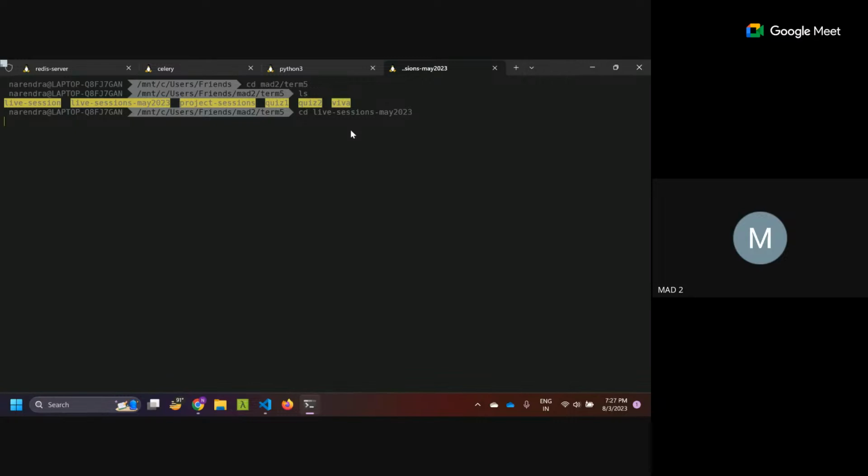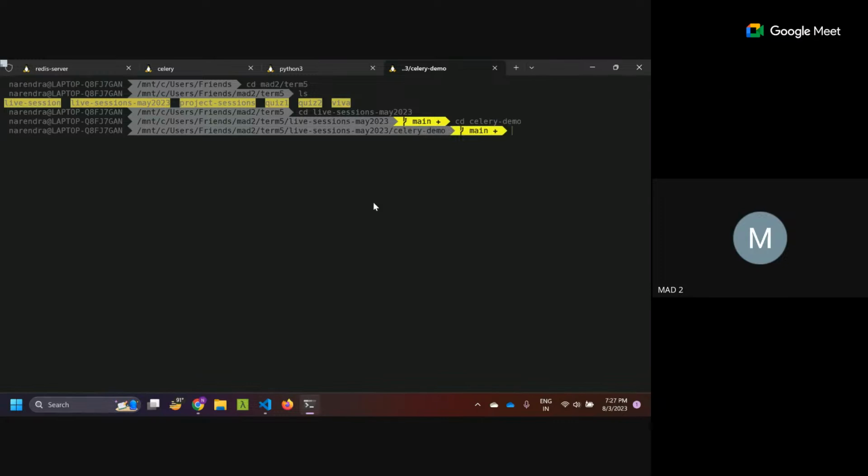It's making my computer slow. Okay, cd Celery demo. Then I'll install SQL Alchemy, and then I'll show you how you can add the result of some task inside the database. And then